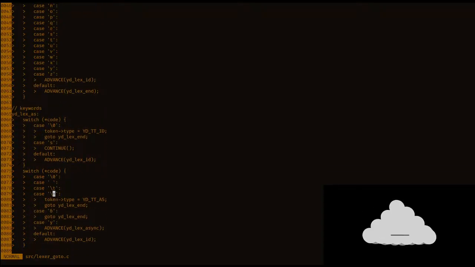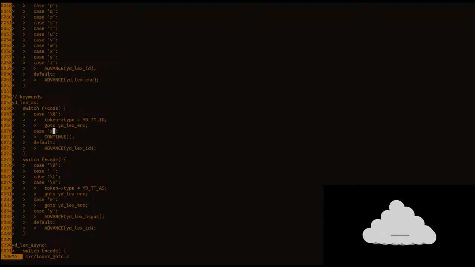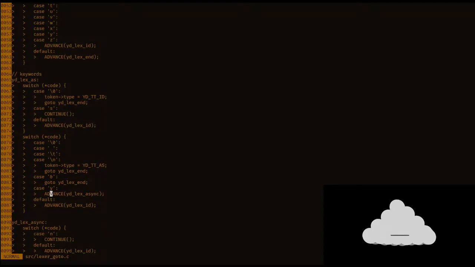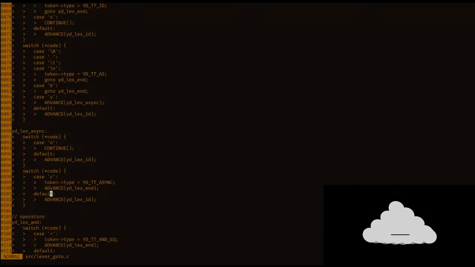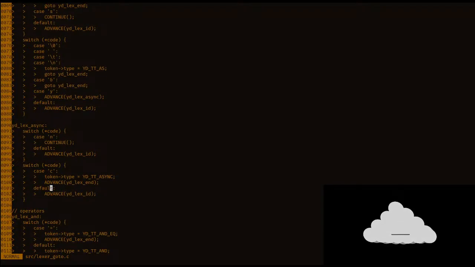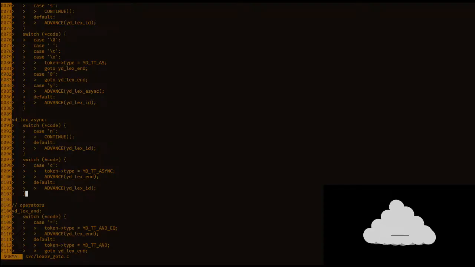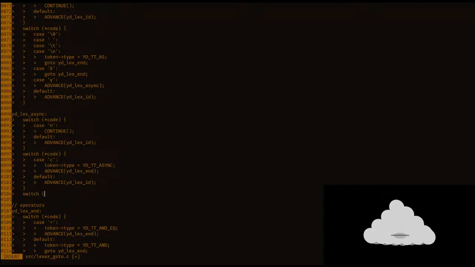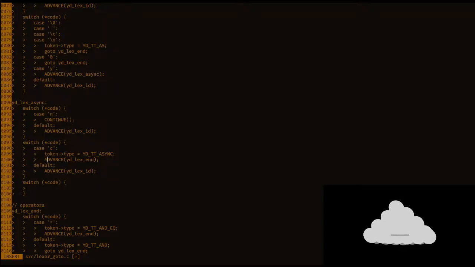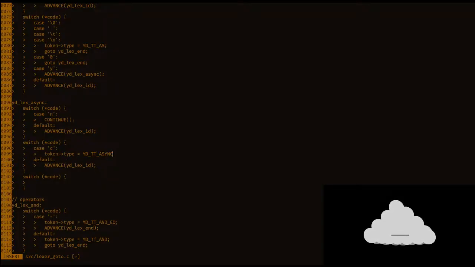The problem there is, oh, wait a minute. Okay, this is actually wrong, technically. It shouldn't be doing that. What it should be doing is checking. Oops. Jeez, can't type. Yeah, it should just be advancing here. Not advancing, sorry, continuing. Because otherwise, it might be